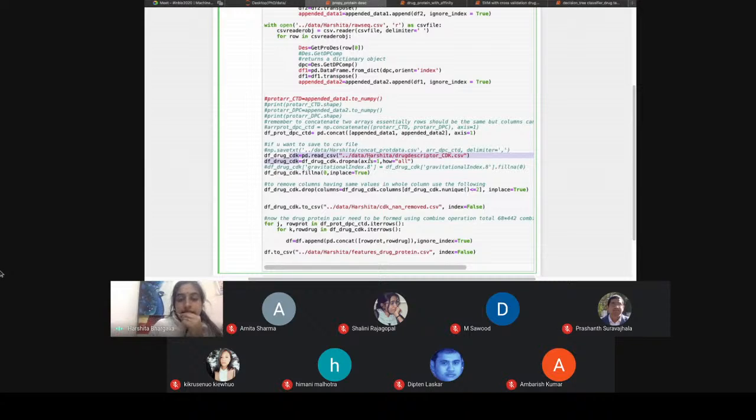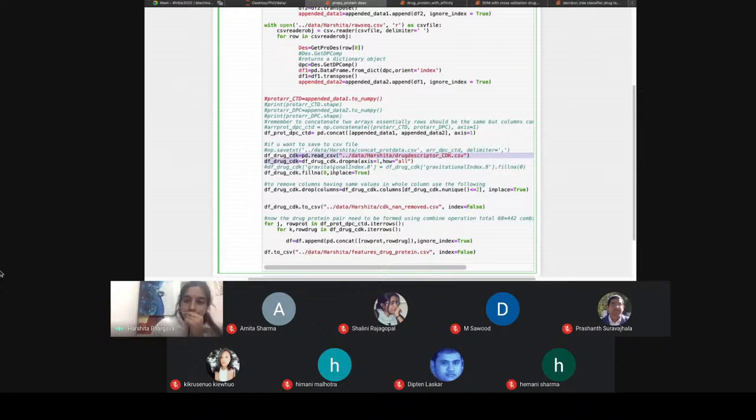Now why is this needed? Basically, we have the affinity scores. Each drug is binding with a target with a specific score, so that score has to be taken up. Now we are forming a data set in which we have drug features and protein features, and they have been paired together. So each drug has been paired with each and every other target. You can see 68 drugs cross 442 proteins. So they have to be concatenated feature wise also.